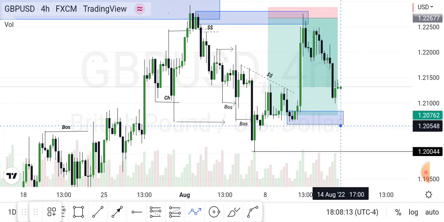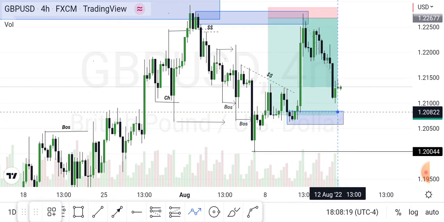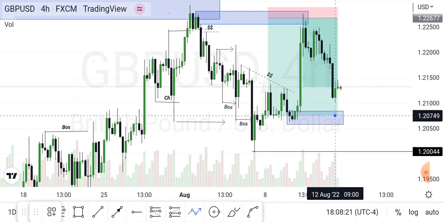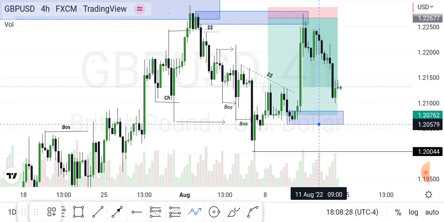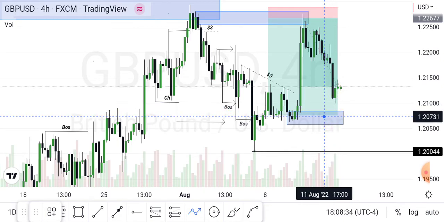And you see this demand zone, which I marked, which is already my TV, because I'm expecting some kind of reaction here. So we'll get to that point, how to manage your trade, at which point you have to close a certain percentage of your trade and all of that. But as time goes on, we are going to do that. But let's focus on what we are doing right now.